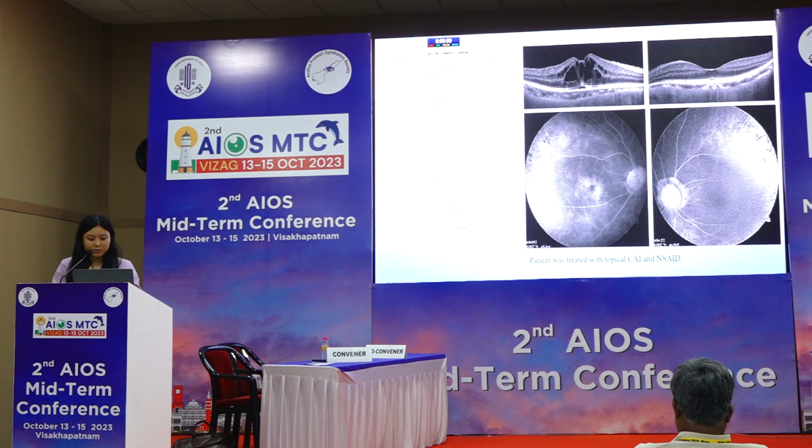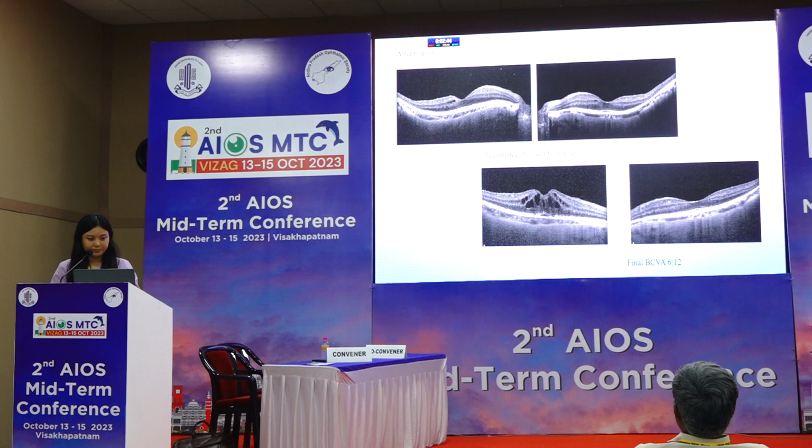So on ERG, we see that the photopic and scotopic responses are grossly reduced. On OCT, there is a cystoid macular edema in the right eye. FFA shows a petaloid appearance. This patient was then treated with topical carbonic anhydrase inhibitor and NSAIDs. After 6 months, the edema resolved. However, at 1 year follow-up, there was a recurrence of the CME, and the final visual acuity in the right